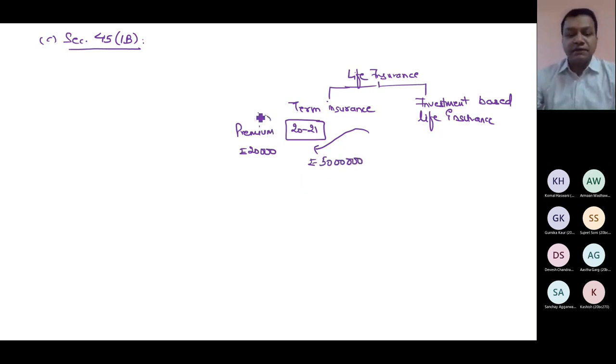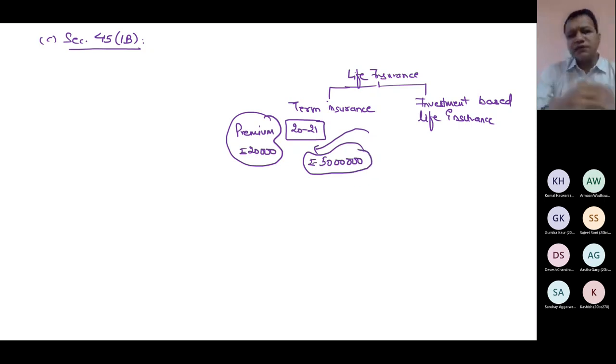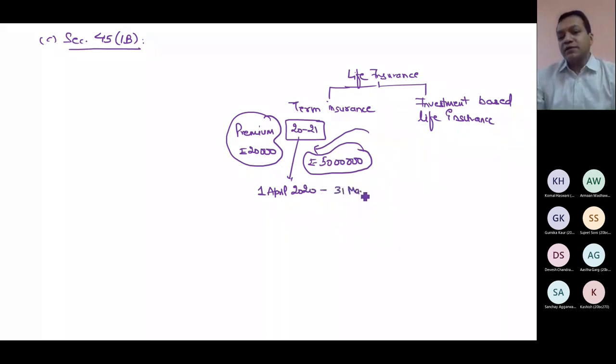By paying 20,000 rupees yearly, for 1 year I am securing my family's life. If any unfortunate incident happens, the company will give my family 50 lakh rupees. This is what term insurance is. But after the expiry of this 1 year, suppose it was 2021, and my coverage was from 1st April 2020 till 31st March 21,